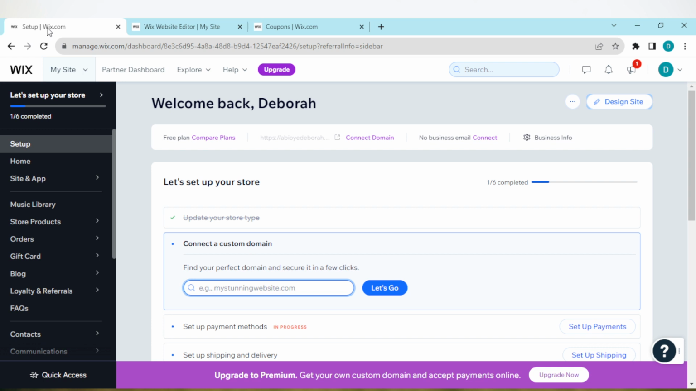In this tutorial, I'll be showing you how you can change currency on Wix website. So the first thing to do is to log in into your Wix account, just like I have done here. And then once you're logged in, you have to navigate through